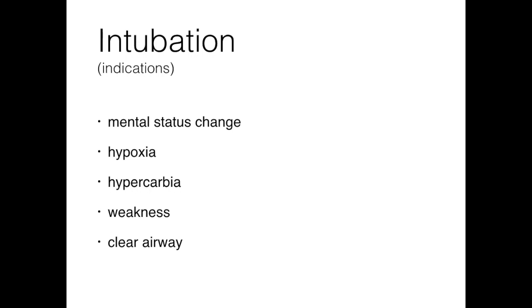Endotracheal intubation is the placement of a flexible plastic tube into the trachea to provide respiratory support. It is frequently performed in the critically ill to facilitate gas exchange in the lungs. Indications for intubation and mechanical ventilation are mental status changes, hypoxia, hypercarbia, weakness, or the inability to maintain a clear